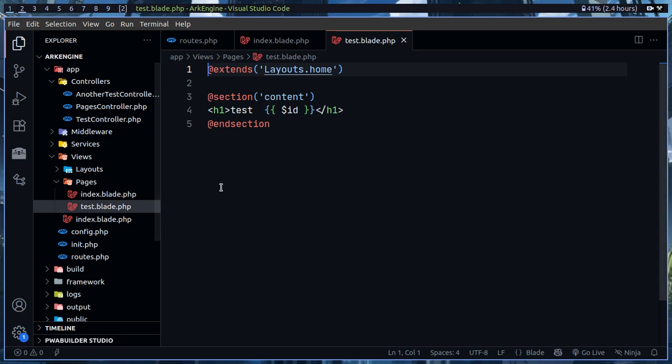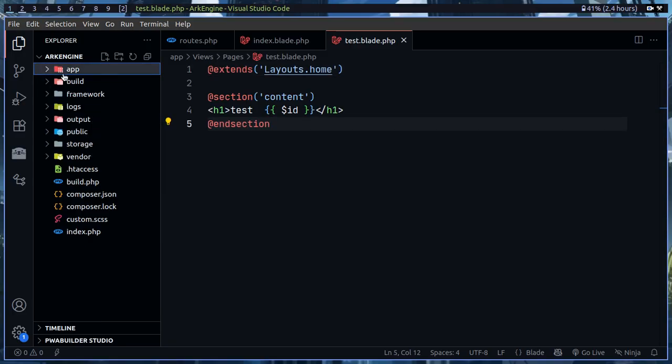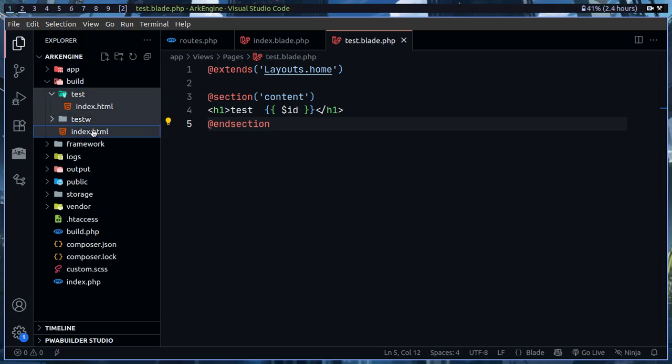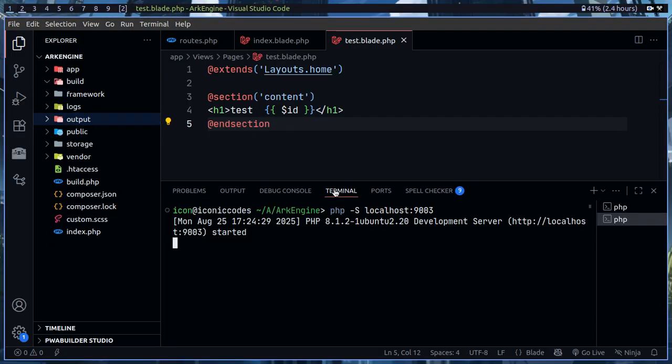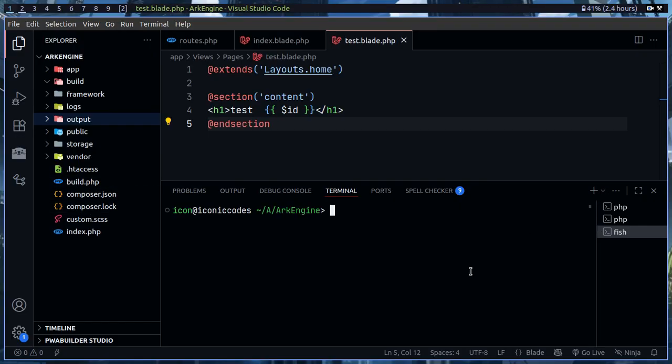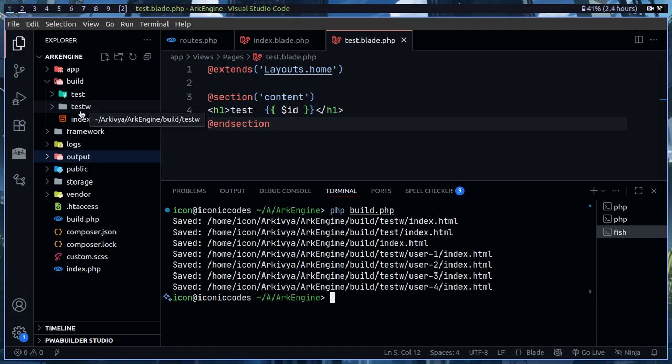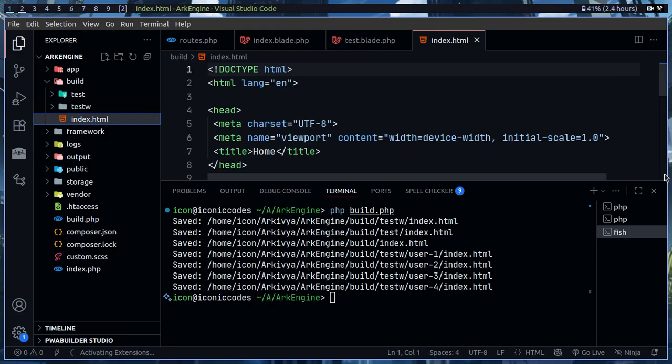But the thing that makes it different is we can generate static pages. So let's say if I go to my build folder and I'm going to delete them for demo, and here I have my build script. So if I build it using php build.php, I can generate the static HTML files, and those